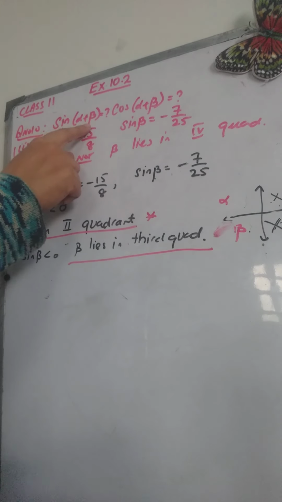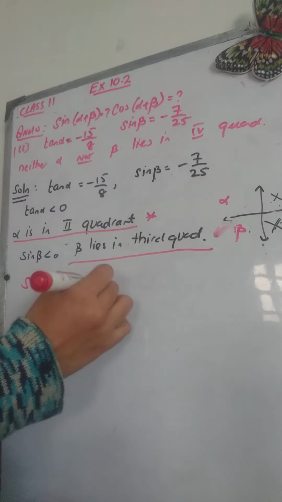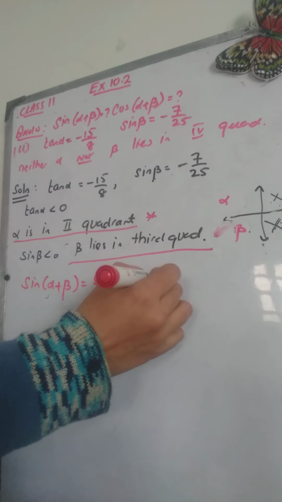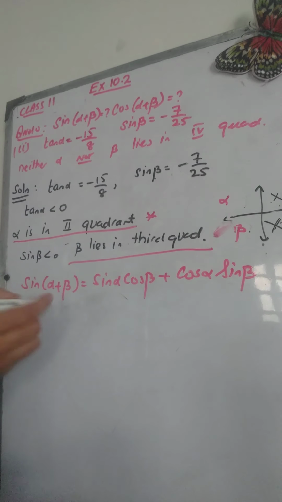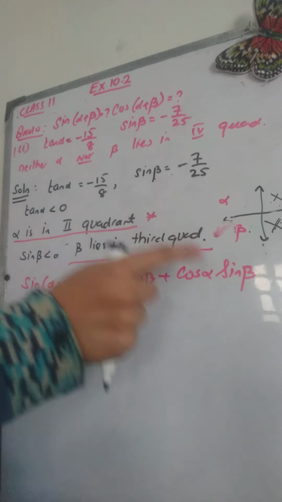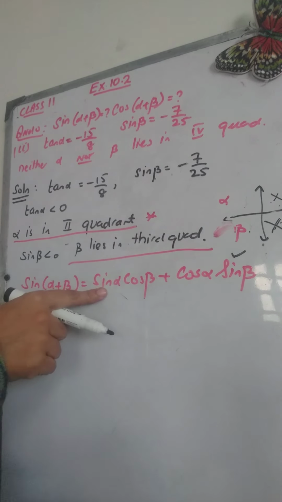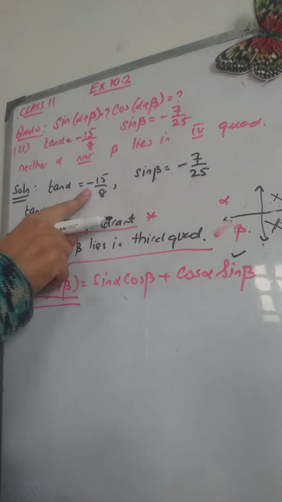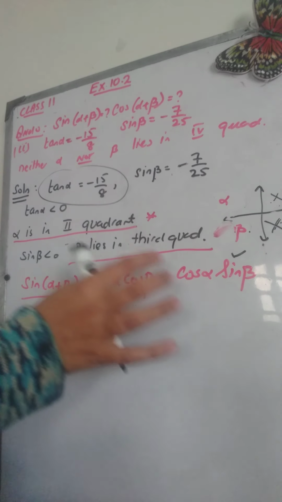Now in the question they have asked for sine(alpha plus beta) and cos(alpha plus beta). We know that sine(alpha plus beta) is equal to sine alpha cos beta plus cos alpha sine beta. They want us to find sine(alpha plus beta). Now we have tangent alpha and sine beta. We know sine beta, and the remaining three quantities we have to find. Tangent alpha is negative 15/8. With the help of this I am going to find sine alpha and cos alpha. How? We know that